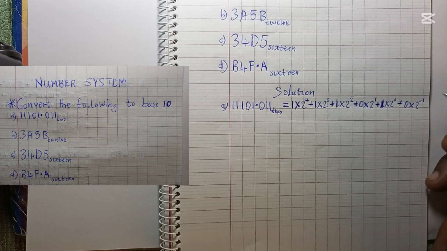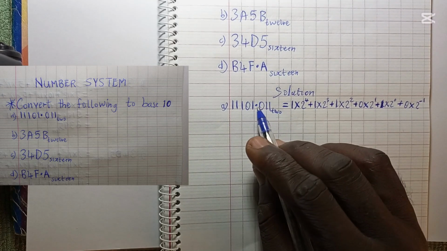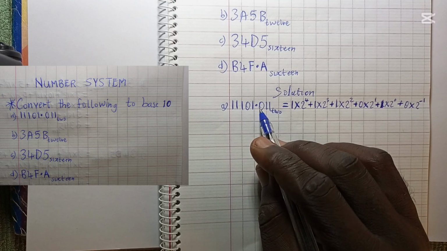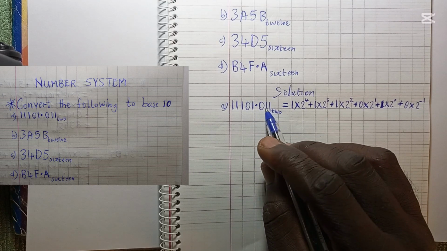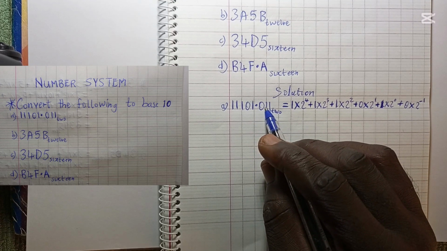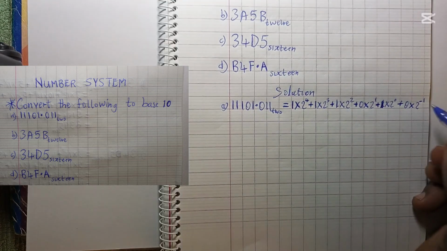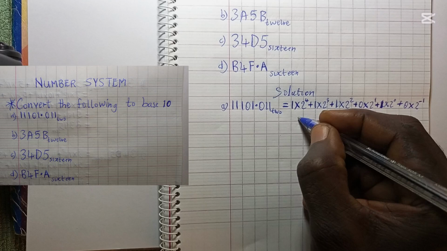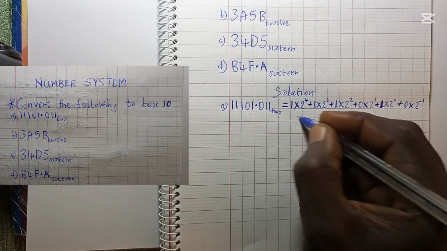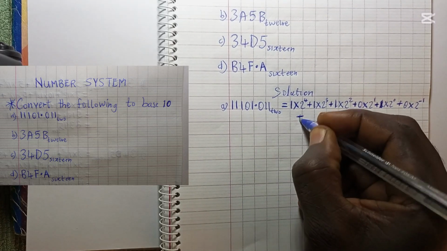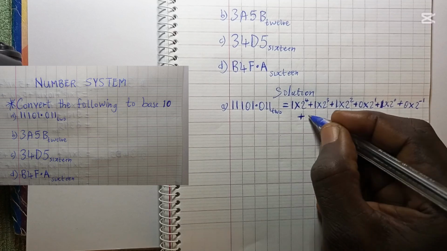We write minus 1 because this 0 is after the decimal point, so the 2 will be raised to a negative index, which is power minus 1. This value now, plus 1